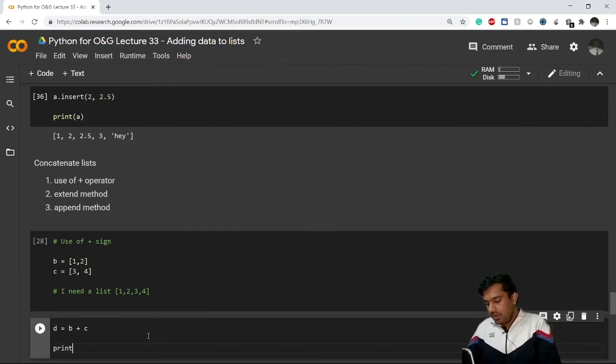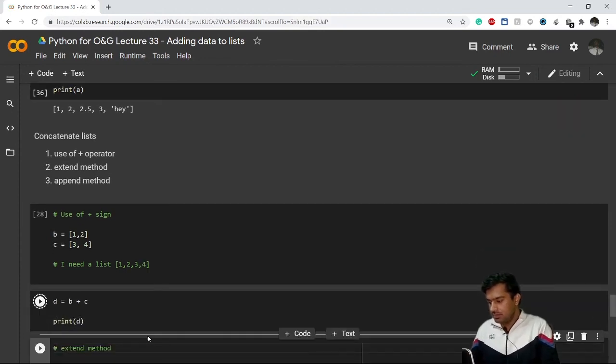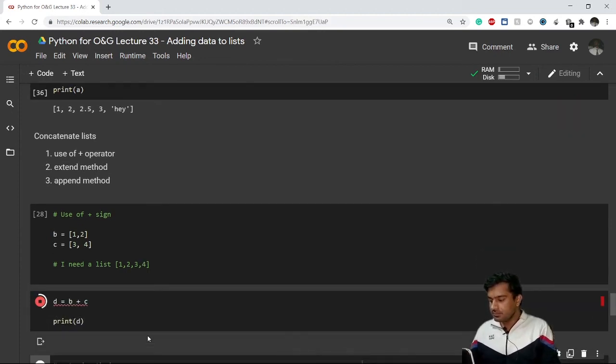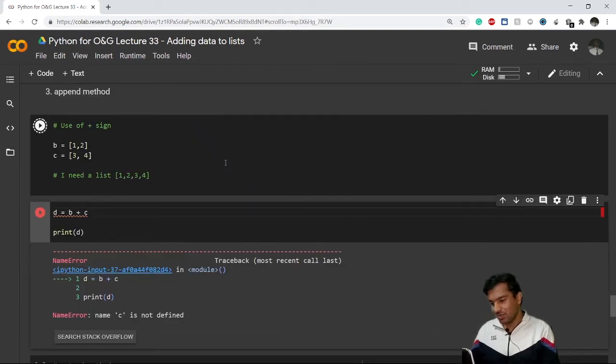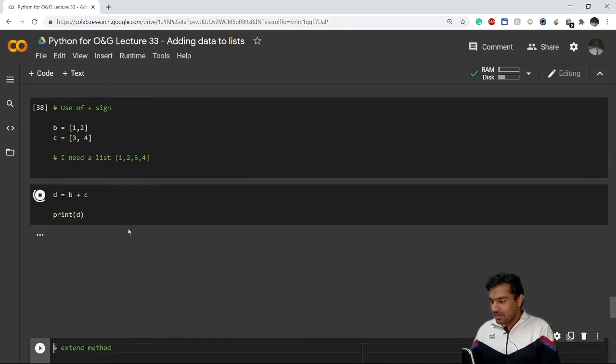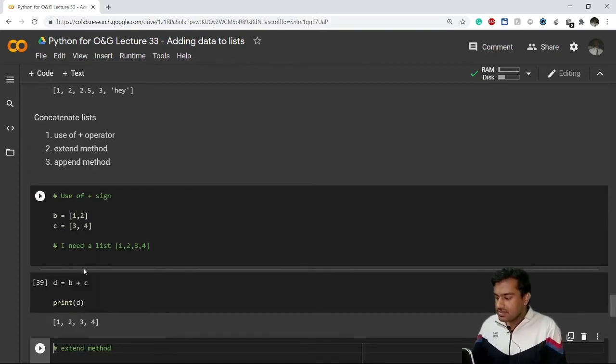And now if I print this D, okay, I haven't executed it again, I'm so sorry. I keep making the same mistakes again and again. Now see this print D, if I do this print 1 2 3 4, so this 3 4 has been added afterwards.